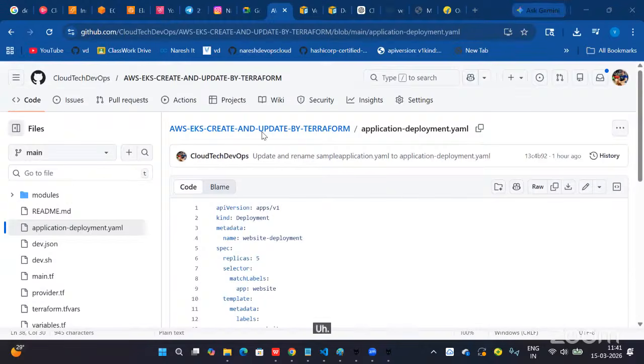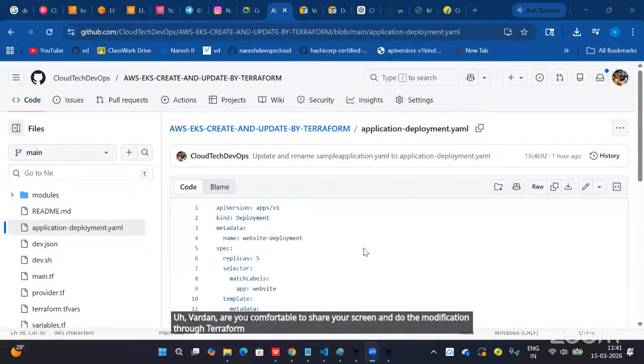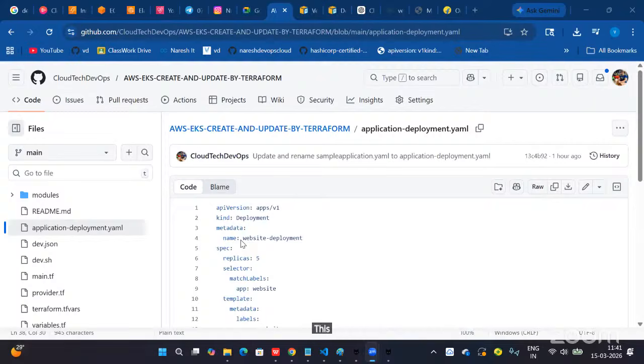This cluster was created by Vardhan. Vardhan, are you comfortable sharing your screen and doing the modification through Terraform, since it was created at your end? The state file is with you, right? Can you please share your screen and do the changes?